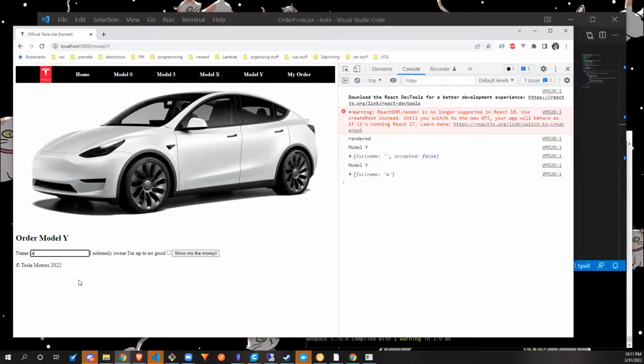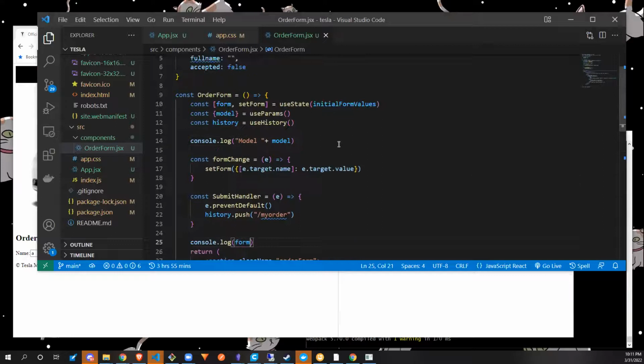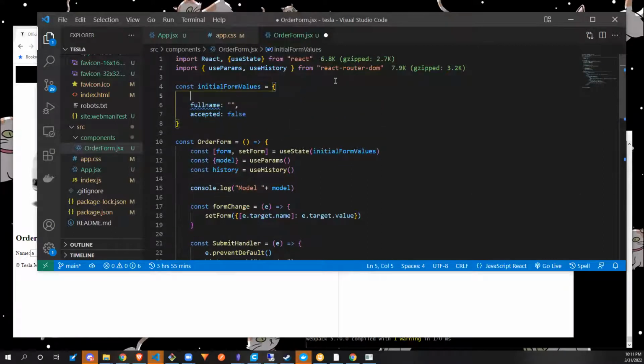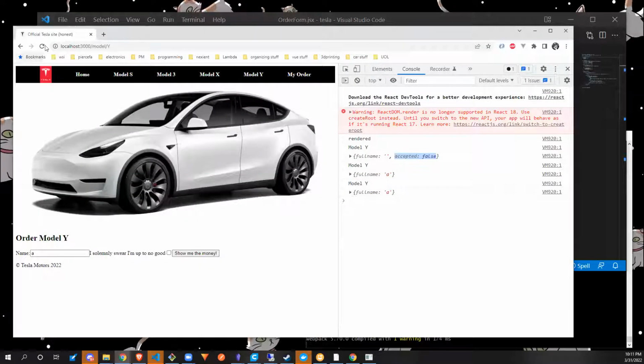If I type in the letter A, it deleted the accepted and everything else after it. So if I had something in here like Model S, for an example, you notice we have Model S, full name, accepted, false. And as soon as I type something in, that's going to delete all of the other data that was previously inserted